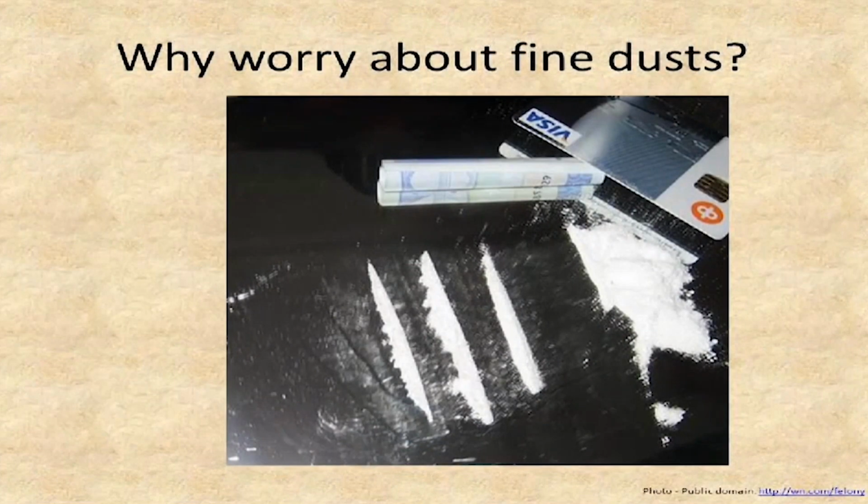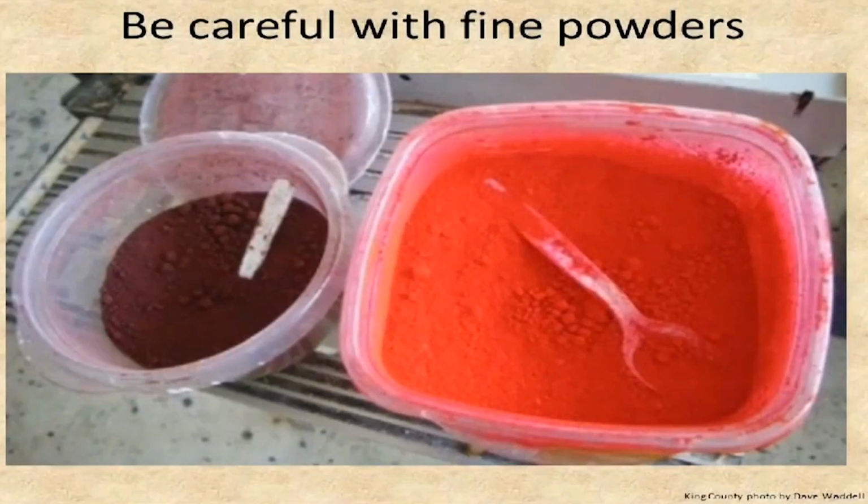And then there's also fine dust. Why should you worry about fine dust? Why do people snort cocaine? Because if they want to get the chemical out of the white powder into their bloodstream quickly, inhaling it seems to work very well. Well, the same is true for any of the toxic product that's in a dust form. It's easily inhaled, and dust, once suspended in the air, tends to stay suspended for a long time. And if it gets on the floor and you walk through, it will easily resuspend into your breathing zone. So you want to be very careful with fine powders like these encaustic pigments. They're very easy to inhale and they're tough to avoid.